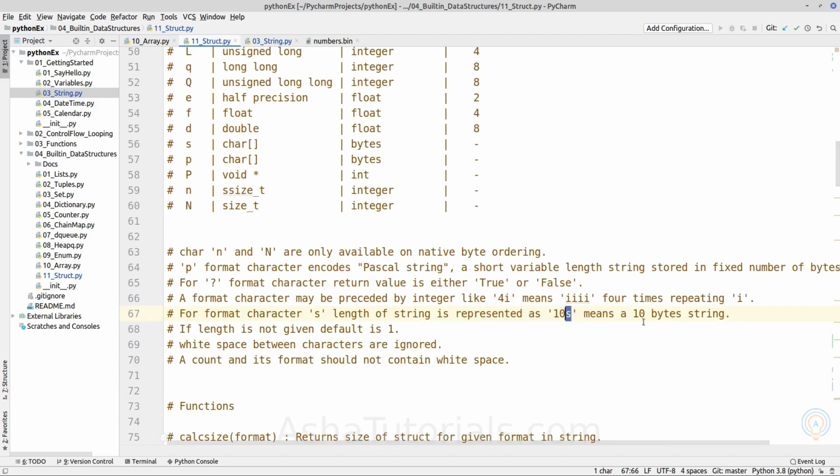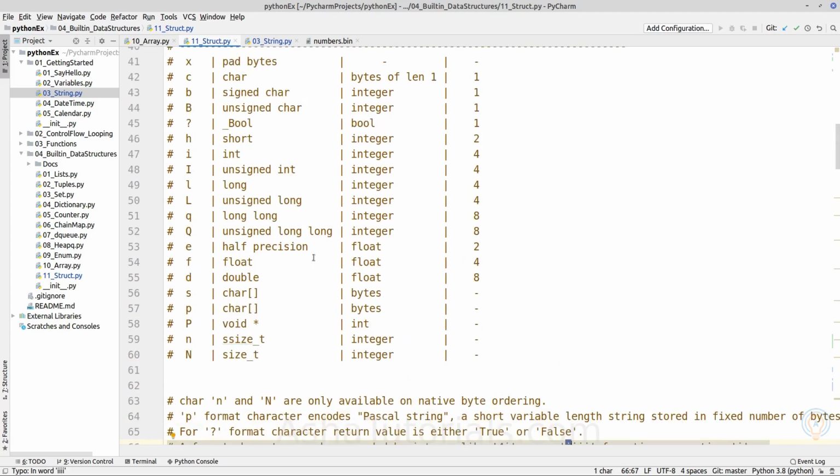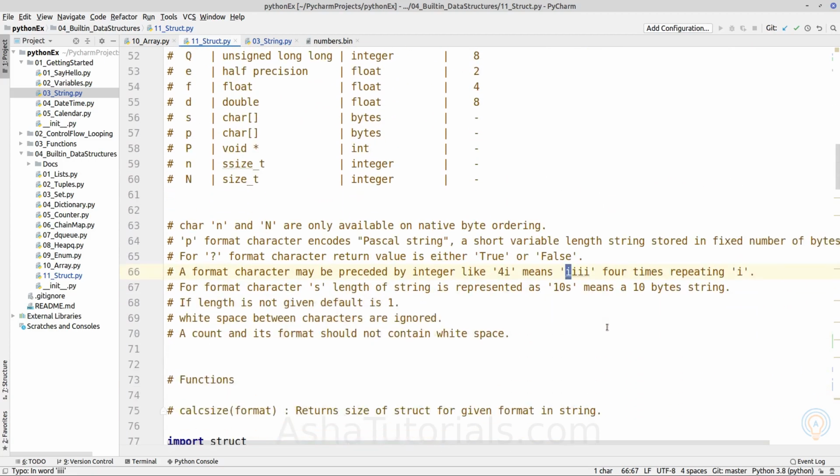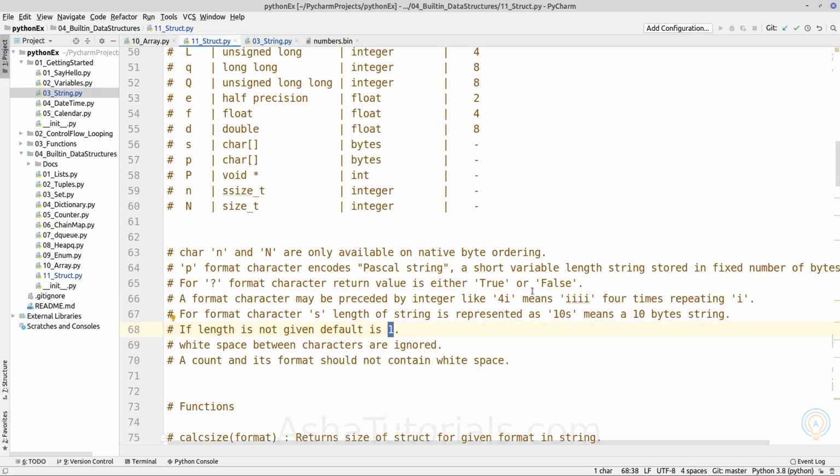So 10s means a 10 byte string, and if you are not providing any number preceding the given type, it will implicitly take the length as 1, and you can leave space between two types. So if we are formatting like this, first 5 integers and then a 10 byte string, we can leave space in between, but we cannot leave space between the number of types and the type.